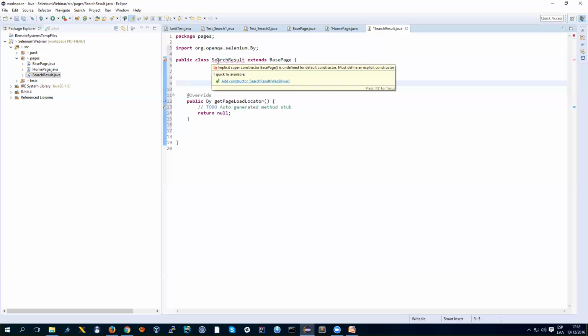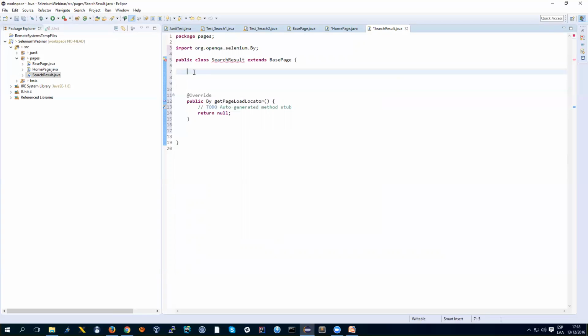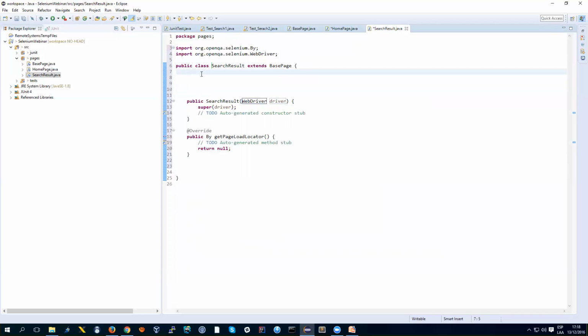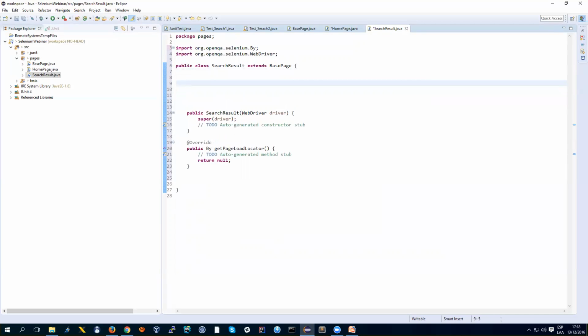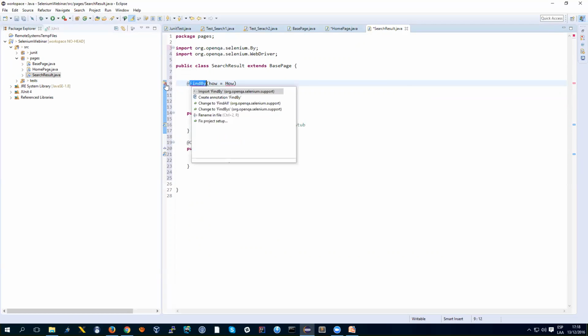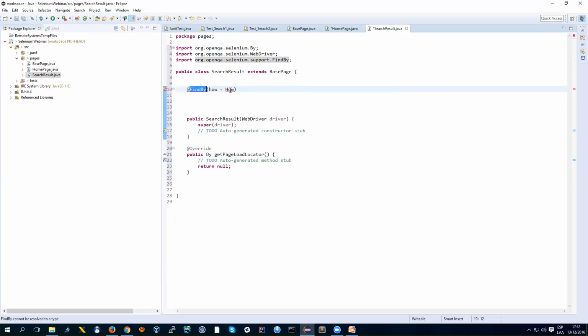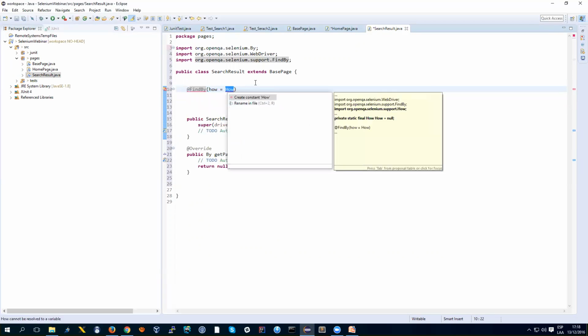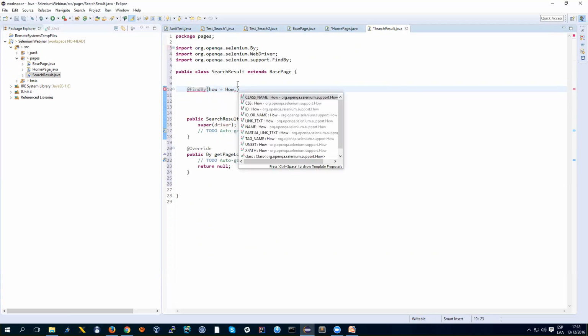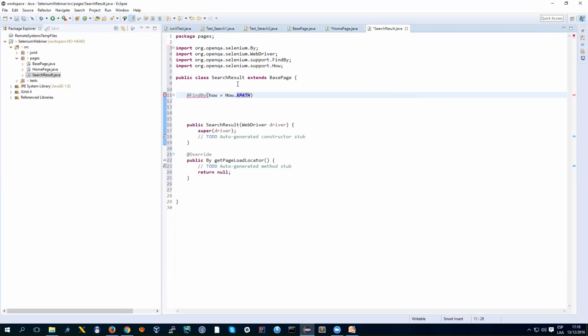Yes, we need to add a constructor. We're going to do that next. We can do it now if you want. I will do it next. I will complete that. So resuming, FindBy, import the FindBy. I will import the how, XPath, right? Using